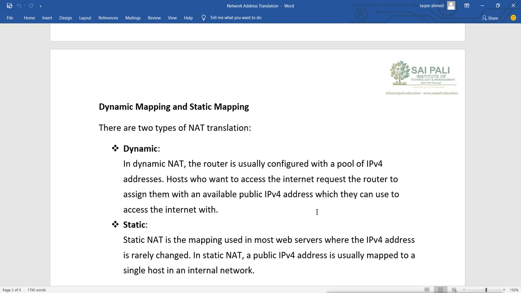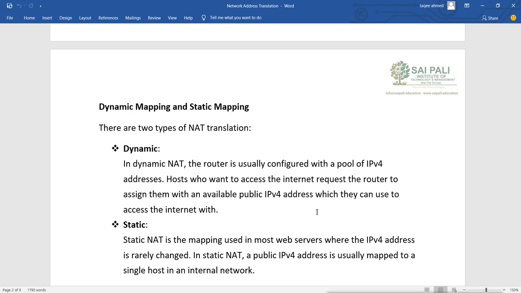So this way in dynamic we can save some IPs, but there is one problem here in dynamic, that we don't have control. That means who can go and who can use the pool, we can't say. It is not in our control. If I want some IPs not to be translated, that control is not in my hand. In static, if I don't want some client's IP to be translated, then I will not map it.